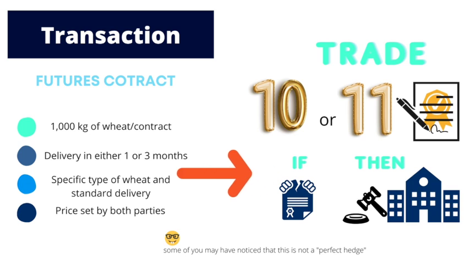The quality of the deliverable wheat and the delivery, that means where and how the wheat is delivered or received at maturity, do not need to be negotiated, since they are stipulated in a standard way in the futures contract, and therefore, it's the same for all contracts. In the event of a conflict between the parties due to poor quality of the product or poor delivery thereof, both parties agree that the clearinghouse or an independent body delegated by it will act as a moderator of that conflict. And as you may have noticed, dear viewer, the price is the only thing left to free negotiation between both